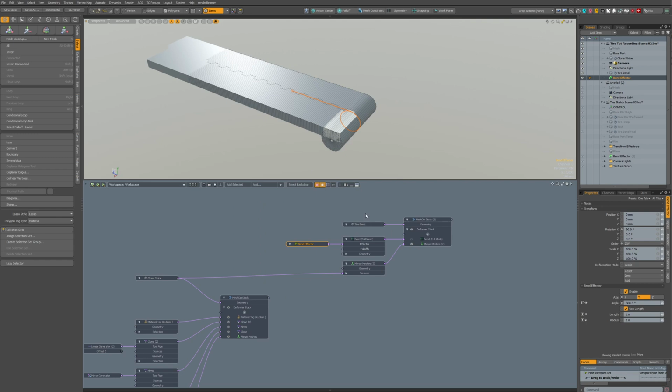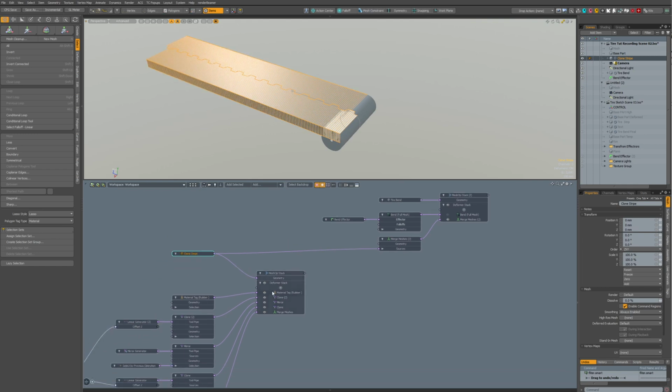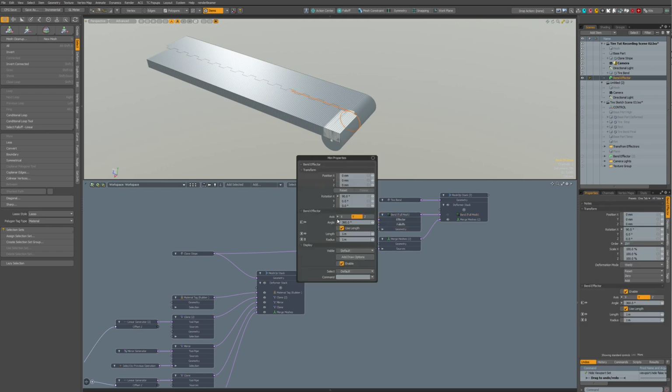And what we need now is the length of this mesh, so we get the length of the bend right. So it's this, let's make it done. It's 1.5 kilometers. It's a bit too much.